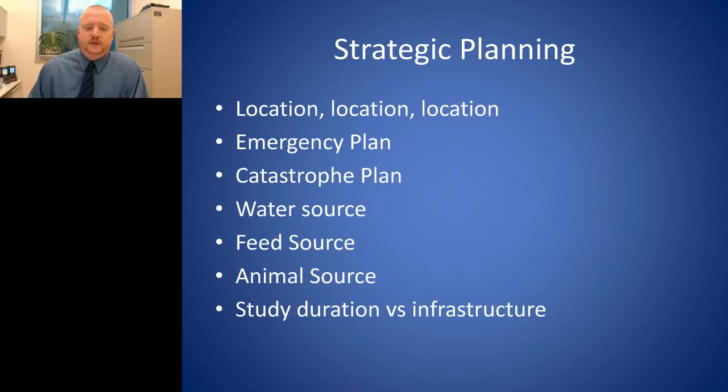I mean, it's not too difficult to acquire Xenopus and Zebrafish, but some more exotic species may be a bit of a challenge to acquire. And then some other things to think about is study duration versus infrastructure. Is it worth spending hundreds of thousands of dollars building a facility for a short-term study or maybe a single PI? And there's some different options on how to handle that.